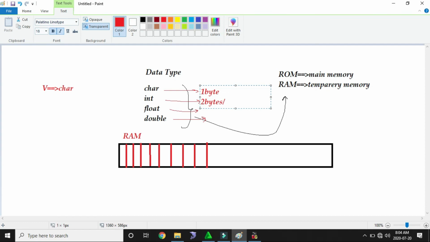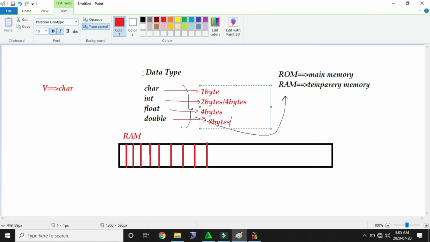If your system is a 64-bit operating system, at that time it will occupy 4 bytes of memory. Float will occupy 4 bytes of memory in both 32 and 64-bit. Double will occupy 8 bytes of memory. Like that the memory will be occupied.